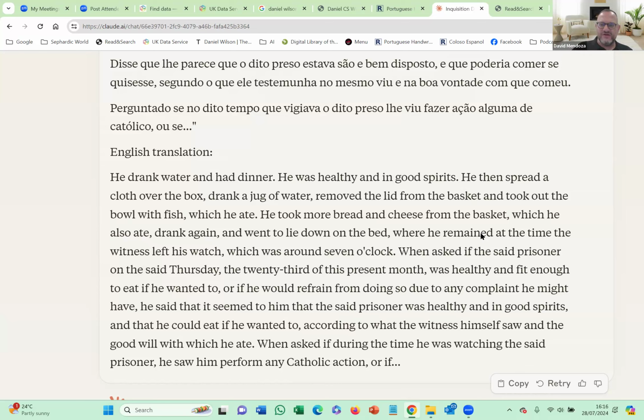There are 40,000 of these Inquisition processos, and we want to be able to essentially automate the entire process. And then at the other end, we're going to use natural language processing to flag up the words that are most of interest, probably names, dates, places, and that can then be put straight into, automated into a database.